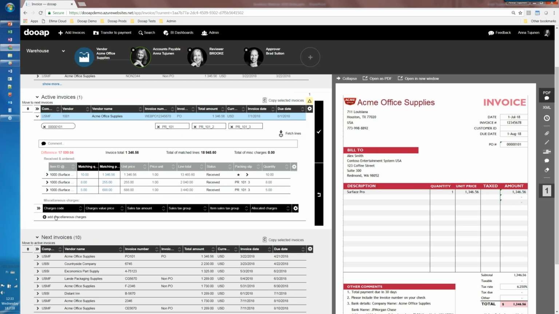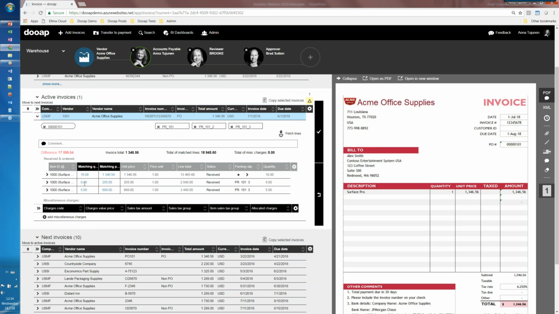If the discrepancy was because of miscellaneous charges, I could add a miscellaneous charge here. That is the same functionality that there is in Dynamics, but it's basically easier to add from here. And from here, we are automatically allocating those miscellaneous charges to the line level, so you wouldn't forget to do the allocation.